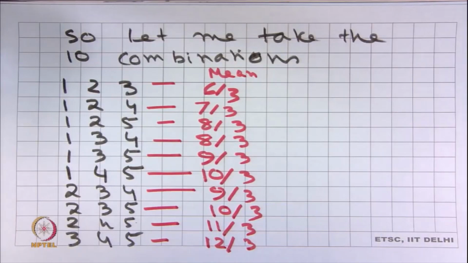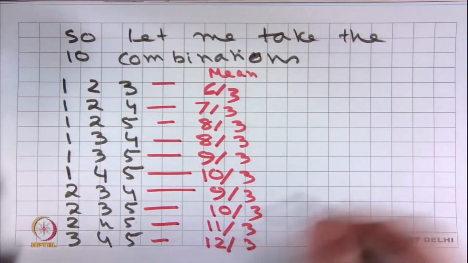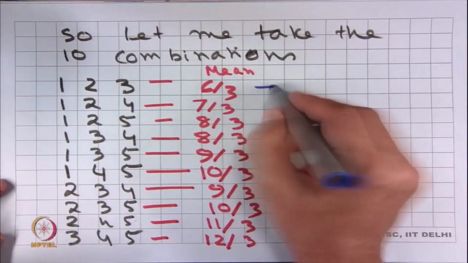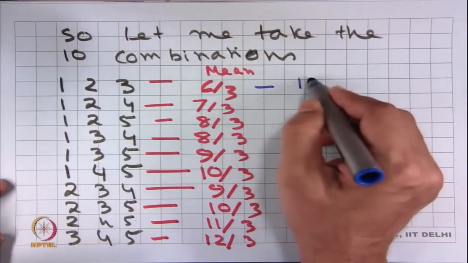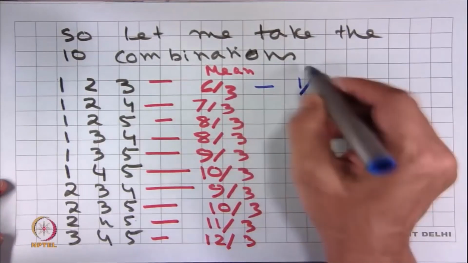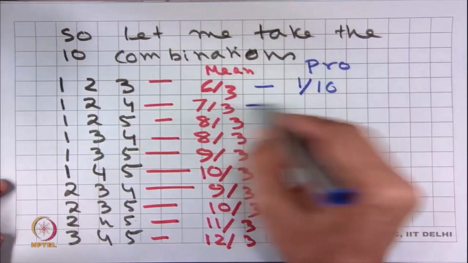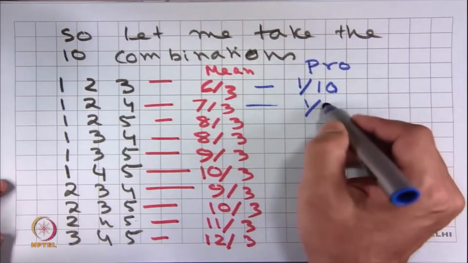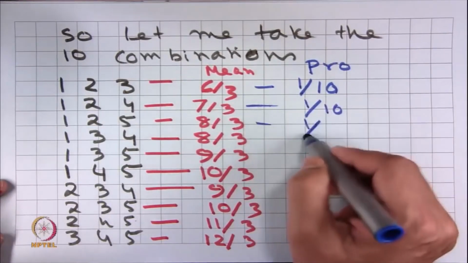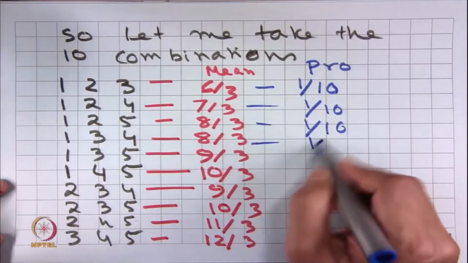Right? And each one of them has equal probability. So, this has probability 1 by 10, this has 1 by 10, this has 1 by 10, this has 1 by 10,